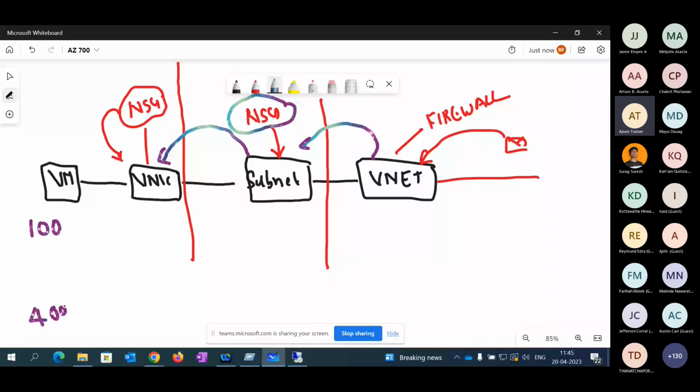Whatever rule is assigned, NSG is always configured starting with 100 and ending at 4096. Clear? So whenever a configuration comes in, it's configured at the NSG level, and the rule is configured from 100 to 4096.